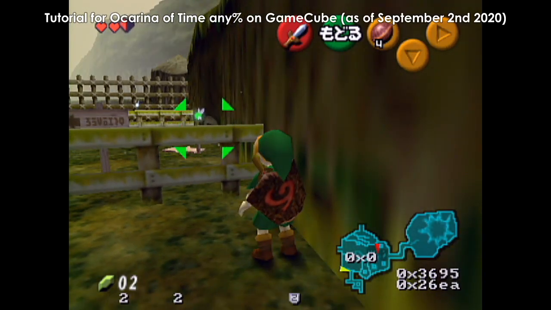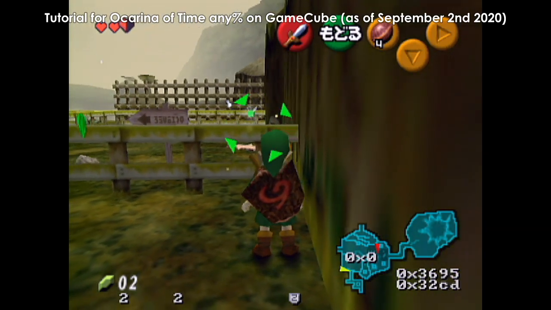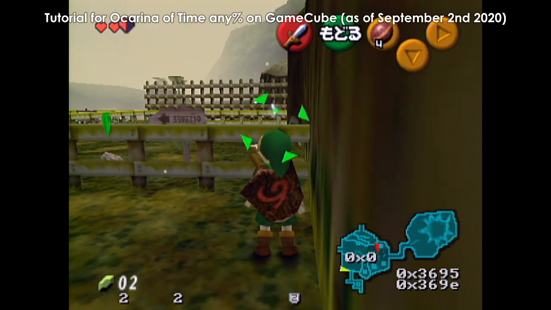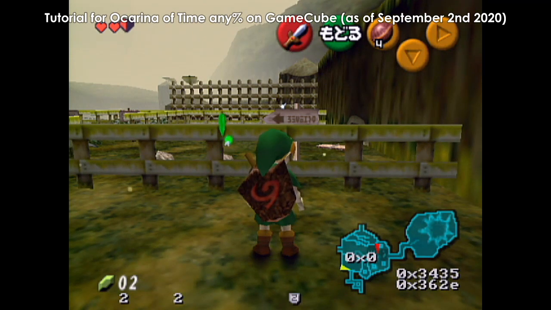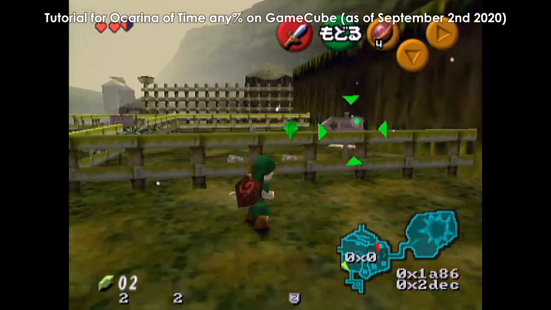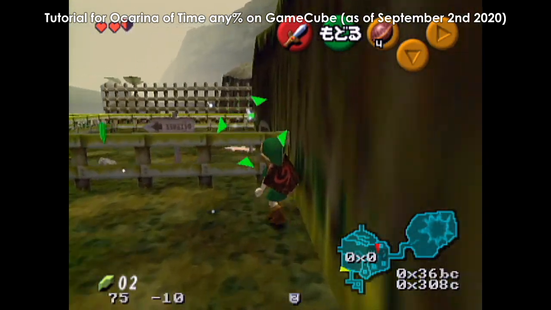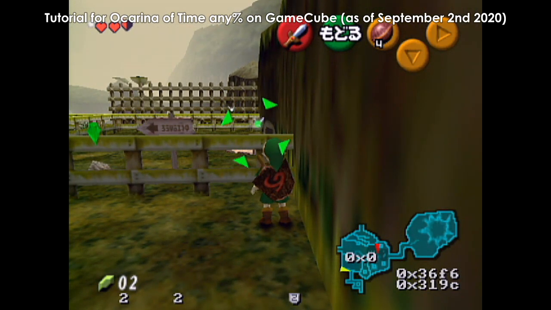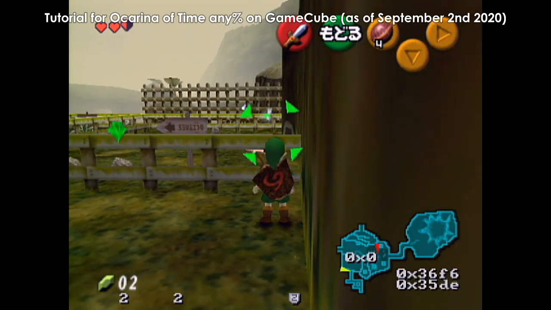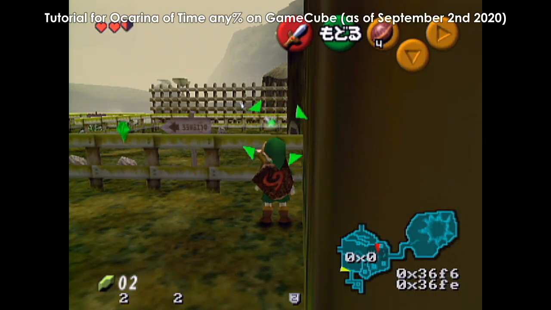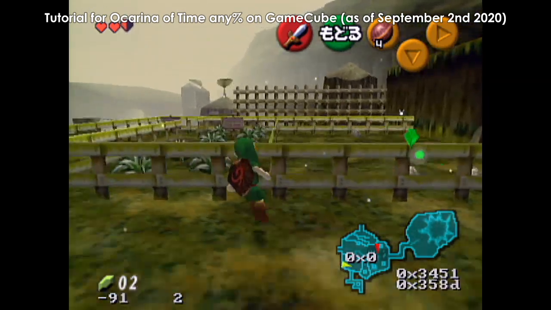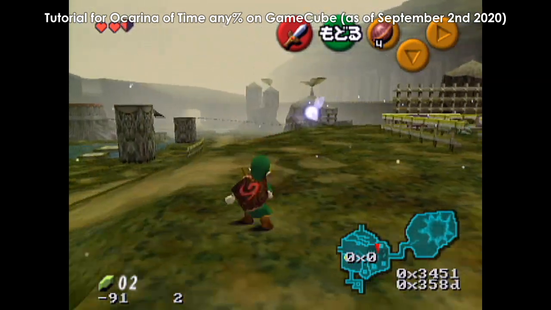And then to get the angle that we need to go down and side hop down to the circle rocks, which we'll be using the SRM. You're going to want to untarget just after you side hop, and that'll give Link a pretty good angle, because if you notice, Link keeps his angle facing towards the sign as he side hops, and if you untarget right after you side hop, then he'll have a pretty good angle going down to the circle rocks, like so. From here, you just side hop down,